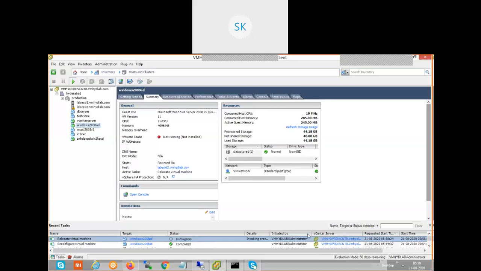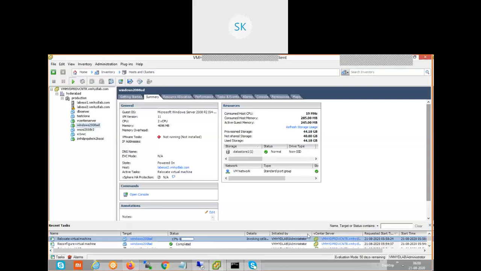Once vMotion is enabled, once the migration is enabled, then the concept of HA and DRS comes in. HA and DRS is an automated process. Whatever migration we are doing right now is manual migration. Without understanding manual migration, we are not in a position to configure automation. Automation in the sense of the cluster features. HA is going to do failover. DRS,